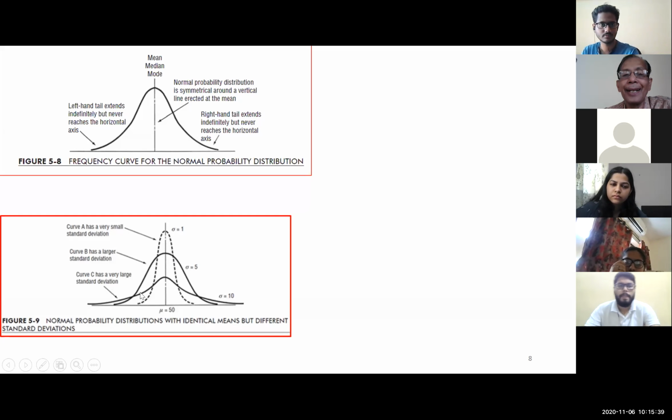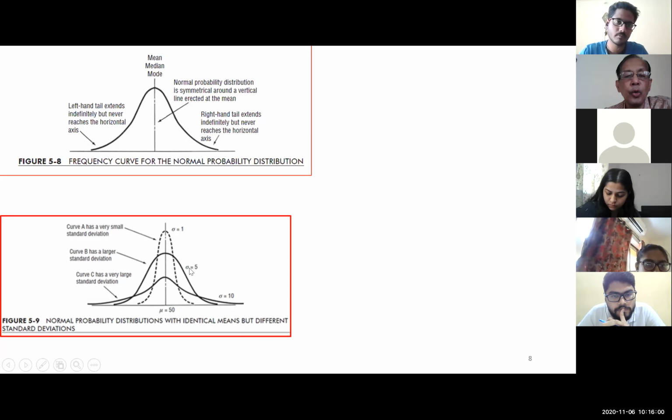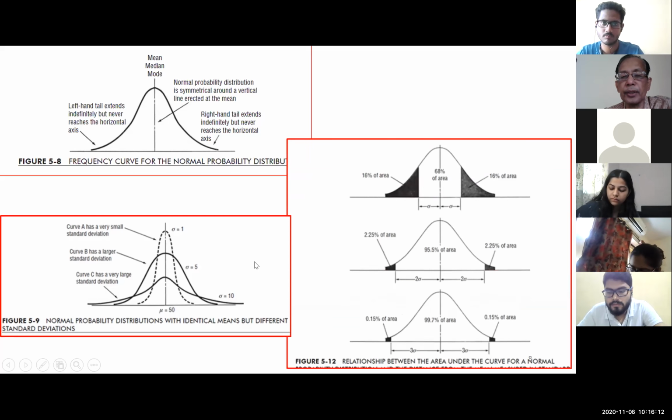It is named as platykurtic. Those who have done statistics know kurtosis: the flat one is called platykurtic, and the top one is called leptokurtic. And the middle one has no kurtosis, or mesokurtic. Meso means nil. Mesokurtic, or no kurtosis, is normal. So the middle one is called mesokurtic or normal distribution.